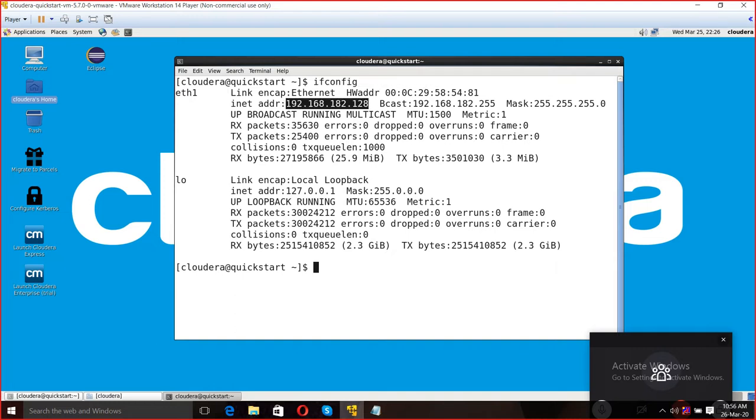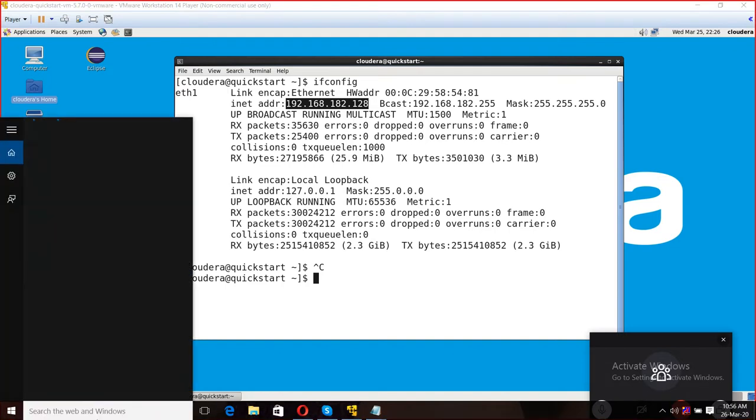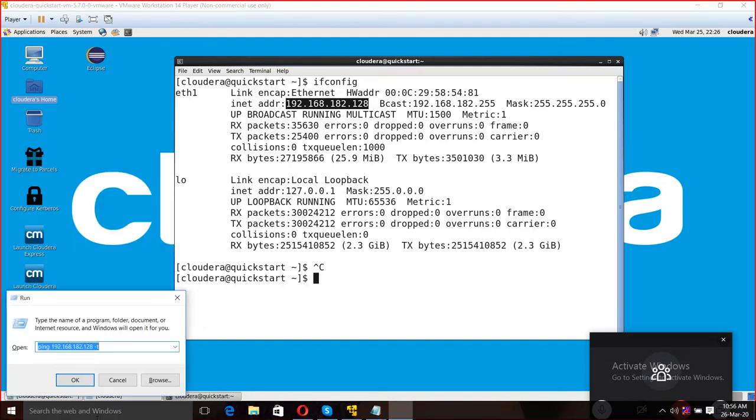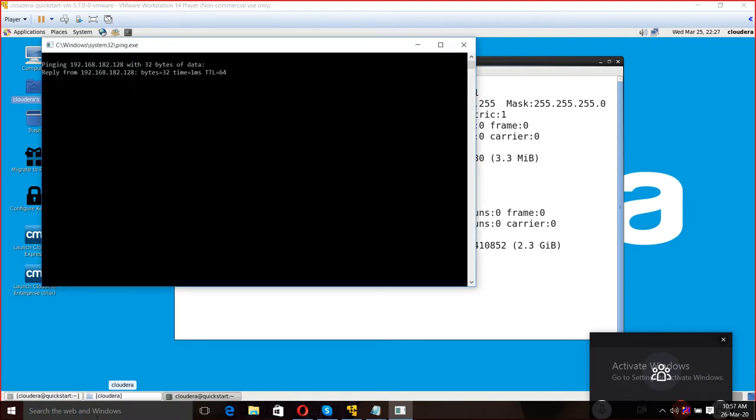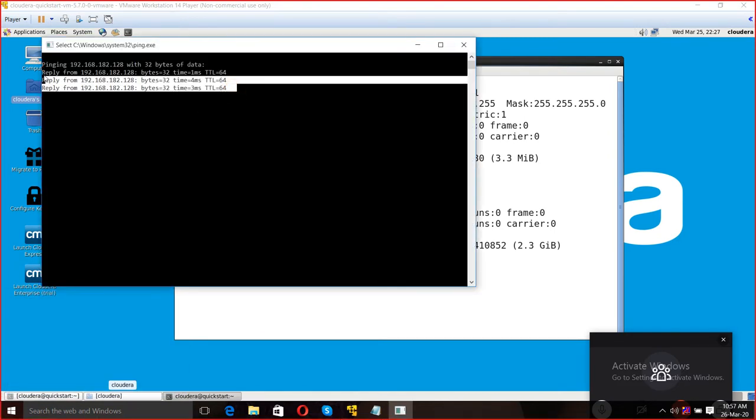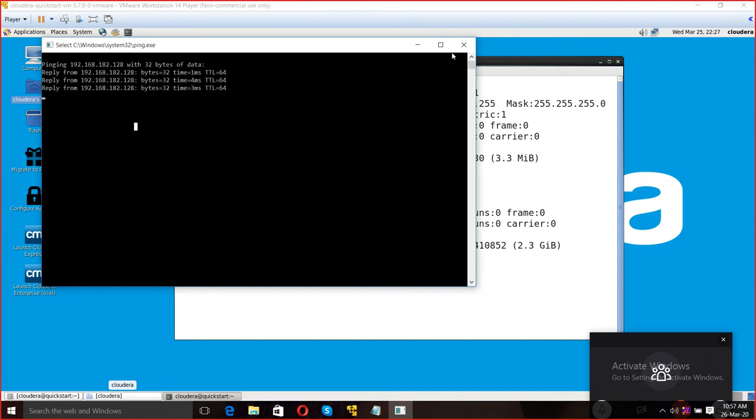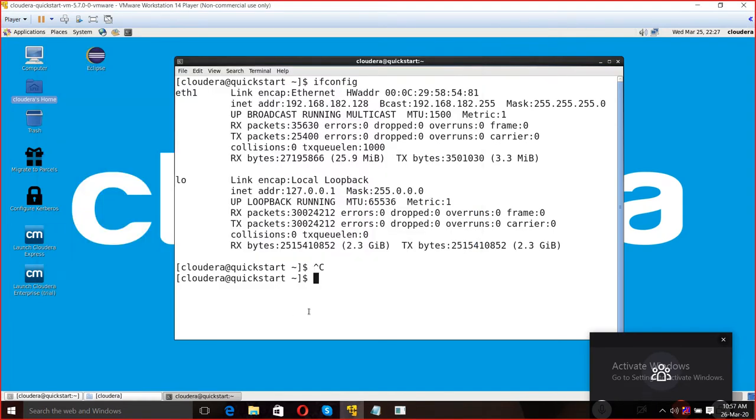Right, so what you need to do is copy it and ping it. If you get a response from your server, that means everything is okay, everything is fine, and your Cloudera is ready for sharing the resource to your Windows machine as well. But suppose you do not get a response from your Cloudera server, that means something went wrong. So better first check it, then go on to the next process. Once you have checked everything, you need to start your Cloudera servers,